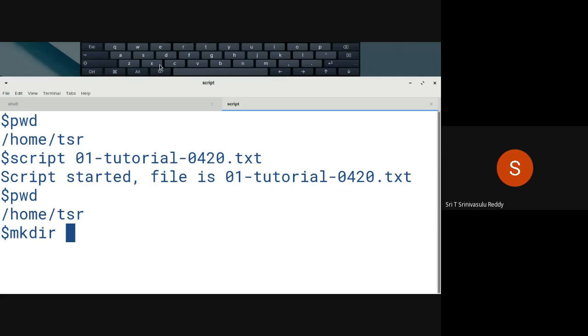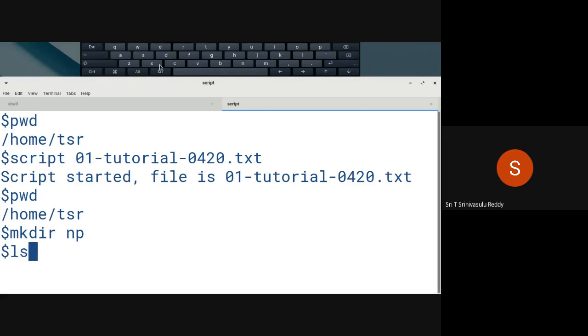For example, for this, it is a network programming class, so we'll say maybe NP. You can just simply call it NP, to be short. You can give any number of names like this, so that it's going to create that many number of folders or directories. A directory is nothing but a folder. So this is how you can actually create. But most of the commands are silent: it is going to create and then just simply issue another prompt. We can now know whether it is created or not by using another command called ls.